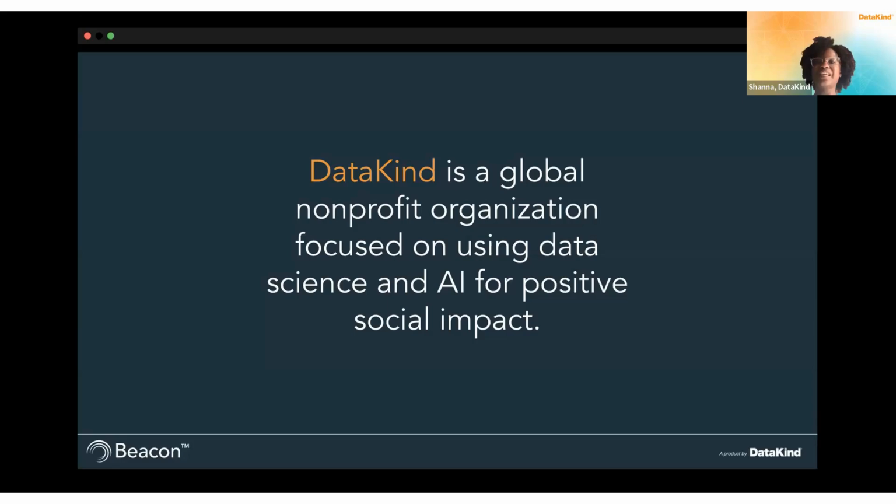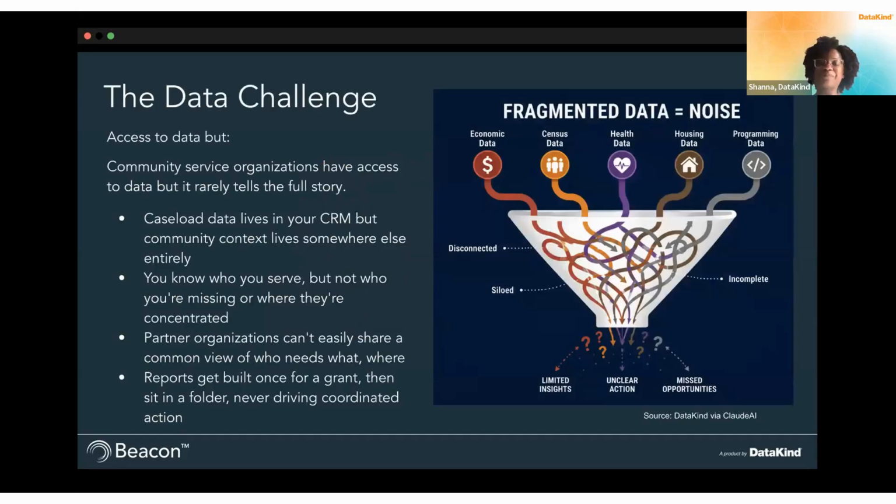It was built specifically to help community-serving organizations turn scattered, disconnected data into something that can be acted on with confidence. And so we're going to start with the problem that we heard a lot from organizations. I think it's something that a lot of you may recognize on this webinar. We've heard a lot that it's not necessarily a lack of access to data. Most of the partners and organizations that we heard from shared the need to actually bring different, disconnected data sets together in order to generate actionable community insights.